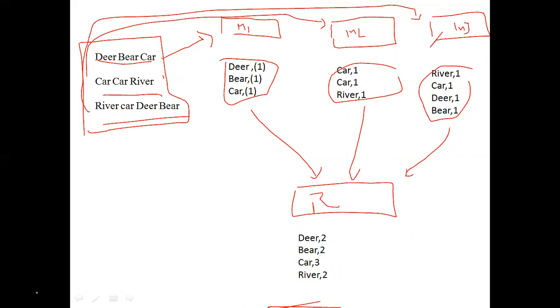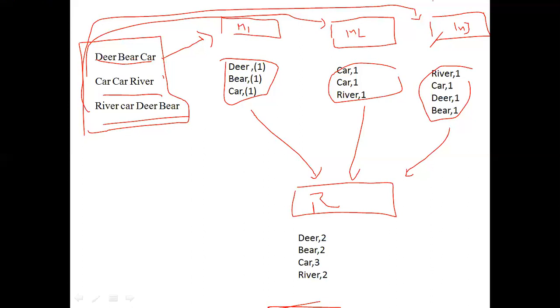Next, one important question that will come in this area is how many combiners will be there in a MapReduce program? Each combiner is attached to one mapper. So depending on how many mappers are there, that many combiners will be there in the MapReduce program. How many mappers will be there? Depending on how many input splits there are in the MapReduce program, that many mappers will be there.